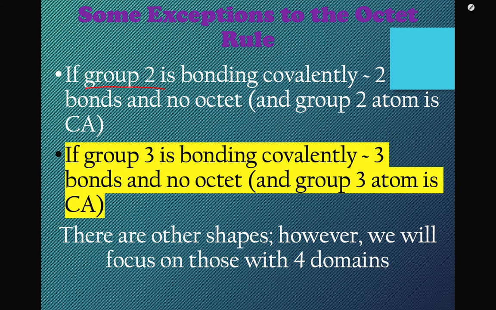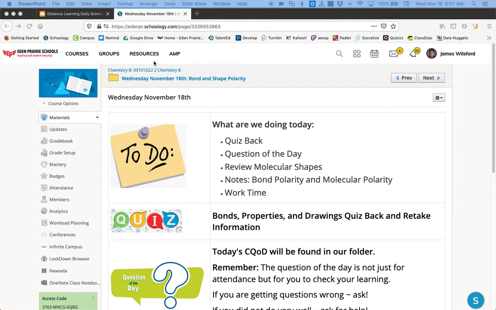We've talked about how ionic is always just metal and non-metal. Well, that's not technically true. There are situations. Group 3 is the main one that you'll see, and then every now and then potentially group 2 pops in there. They're just exceptions to the octet rule that you want to have down. And that's all that I wanted you